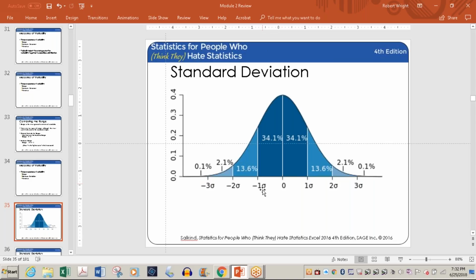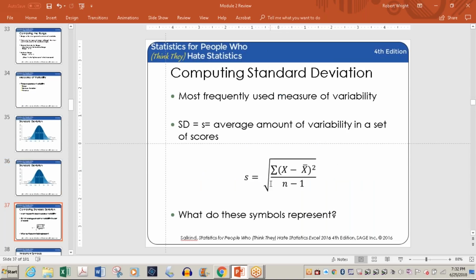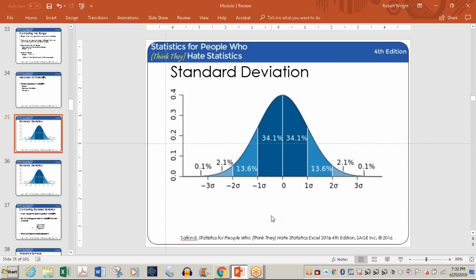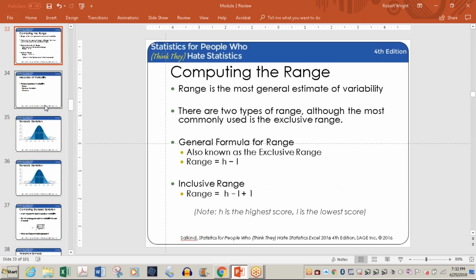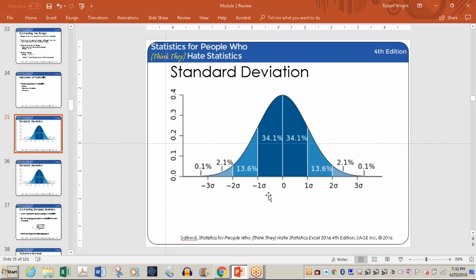Okay, now your first standard deviation, and this number will change. It won't be 34.1. It'll be some number that gets computed. But whenever you're dealing with values, whether it's standard deviations or correlation or something, the negative or positive doesn't indicate the strength of it. That's just the direction of it. The absolute value, is that what I want? Oh yeah, it is. The absolute value is what determines the strength of that, whether it's standard deviation or correlation.